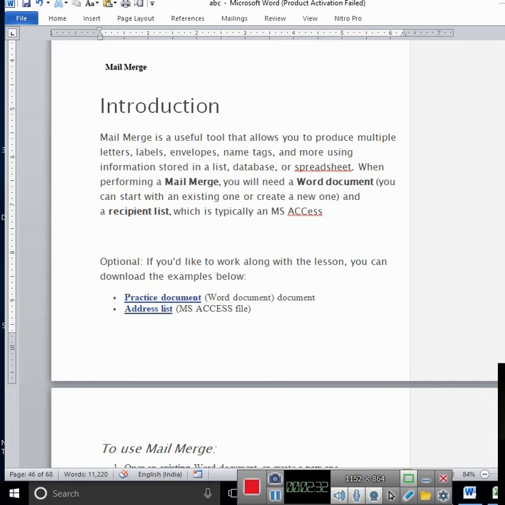Different means name is different, email ID is different, address is different, a number of things are different. So if you want to manage the overall thing through a single process, we can combine these two files into a single thing and send it to multiple recipients. This is called mail merge.